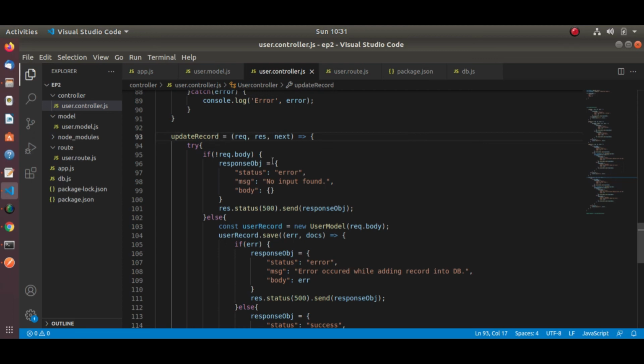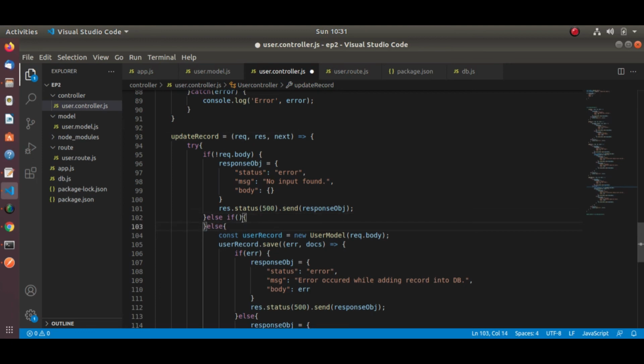I changed the method name, the same request.body. Here we also have one more condition that we will put inside the else if, sorry, that is the param.